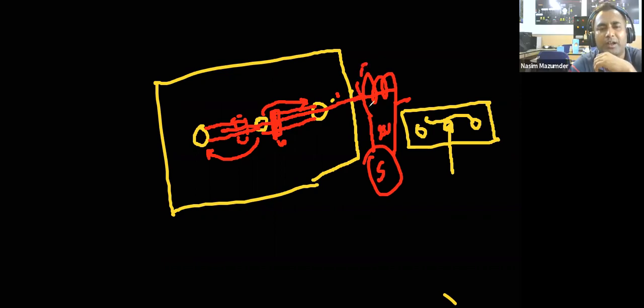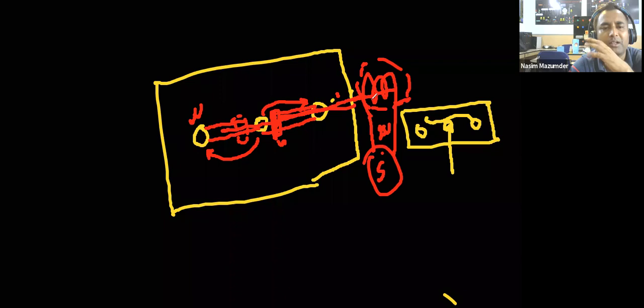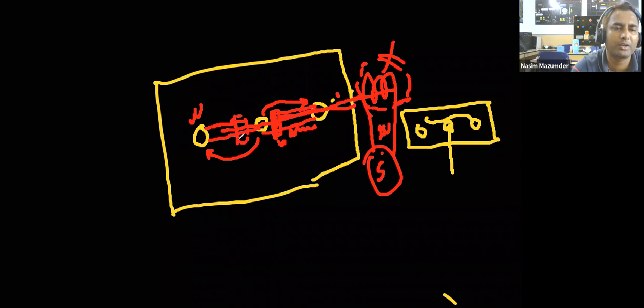And if there is supply, it will generate a magnetic field. This will pull the plunger to this side so that this port will become open. If there is no supply, the magnetic field will be deactivated, and what will happen? There will be a spring. That spring will push it and the spool will come here, so that the air supply towards this will be closed and this path will open. Okay.